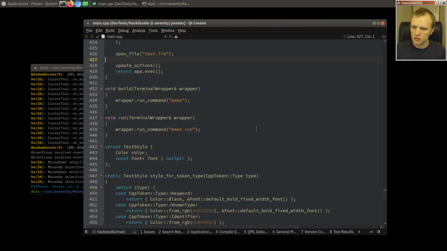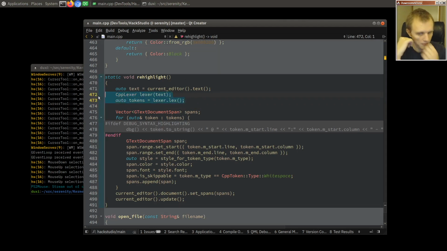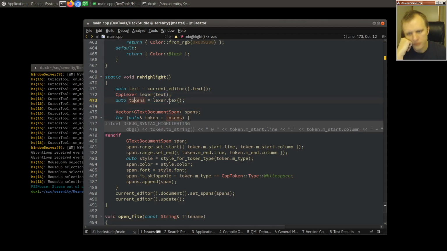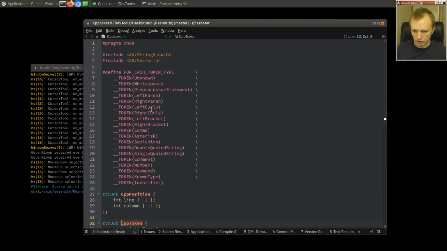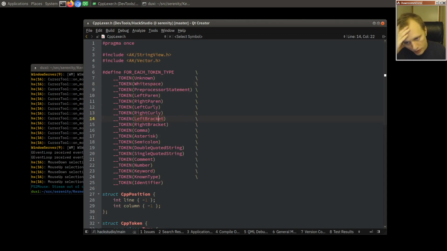So I guess we'll start by looking at where we highlight this stuff. We do the syntax highlighting where we turn the document into C++ tokens. We run the C++ lexer, which gives us a stream of tokens, or actually more like a vector of tokens, but we could think of it as a stream. In that stream, there will be a bunch of left curly and right curly tokens. So I'm kind of thinking one thing we could do is remember where these are, and think of them as scope boundaries,